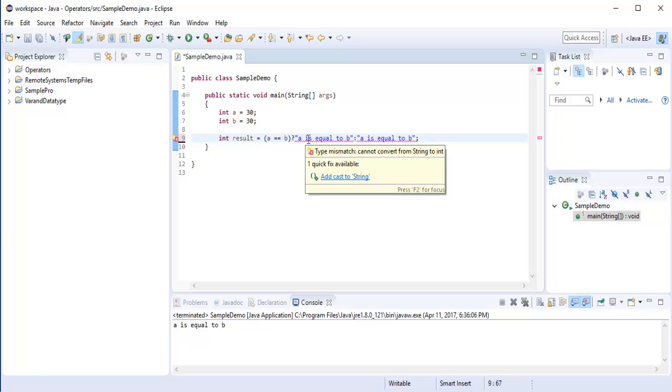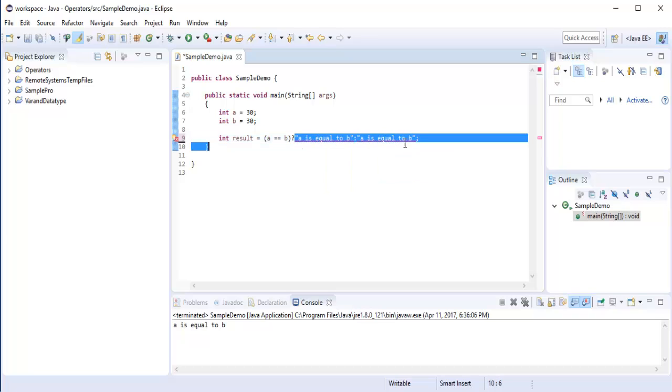Right now it does not take it, so let me print the values directly. I hope you understood this very clearly. I'm trying to check the condition a is equal to b. If it is equal, then return the value of a, else if it is not equal, return the value of b.